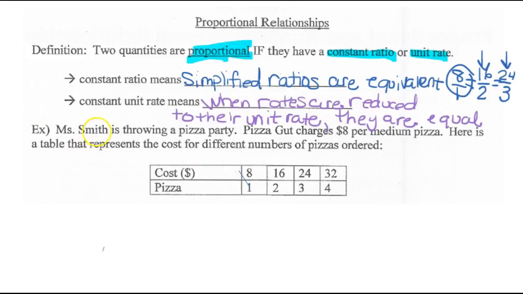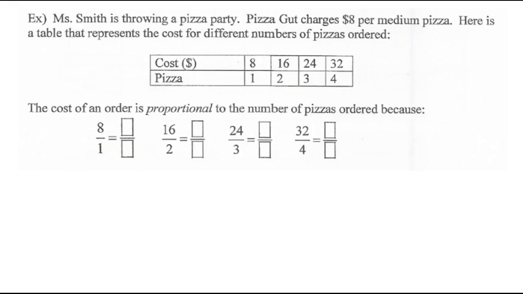So here's an example. The Smiths are throwing a pizza party. Pizza Gut charges $8 per medium pizza. Here is a table that represents the cost for the different number of pizzas ordered. Right here you have the cost, $8 for one pizza, $16 for two pizzas, $24 for three pizzas, $32 for four pizzas. I just had to switch slides, but the cost of an order is proportional to the number of pizzas ordered